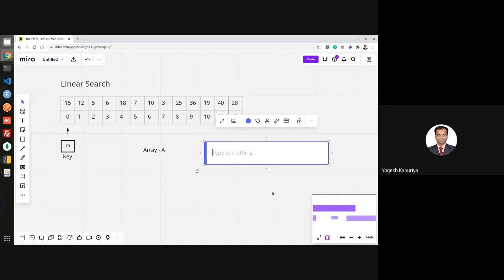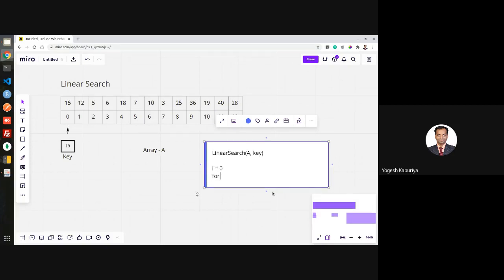Let us say this algorithm is linear search. You want to find out something inside an array, and the array is given by A. The first step will be that you get some index which is initialized to 0.